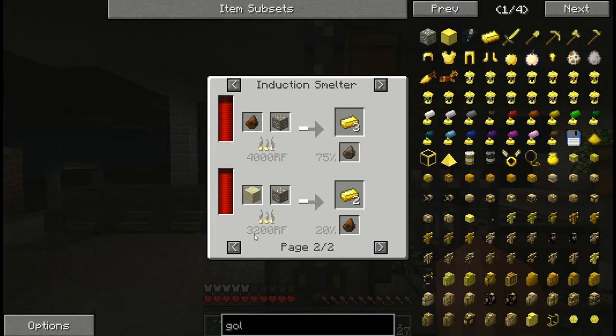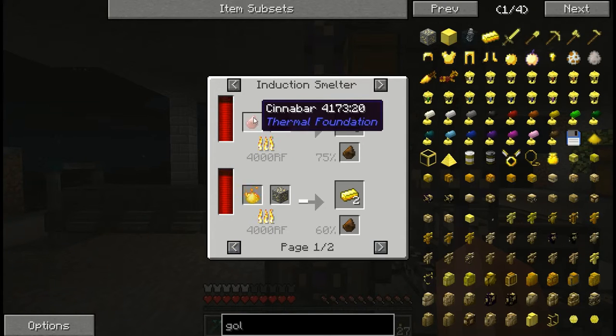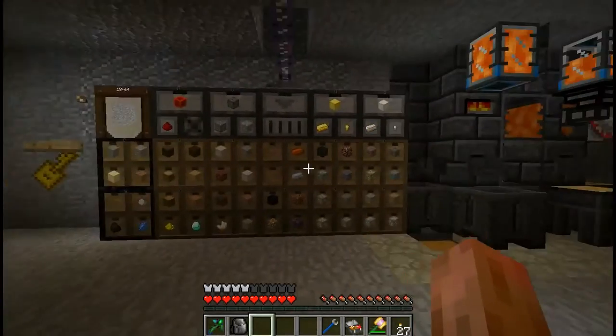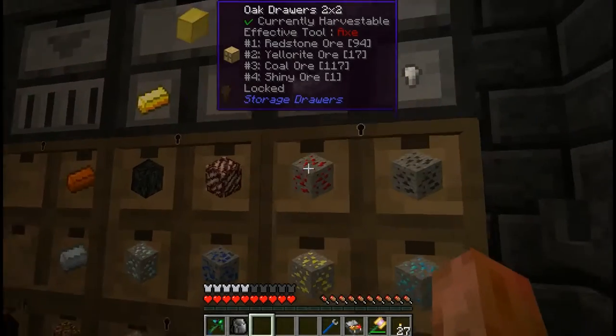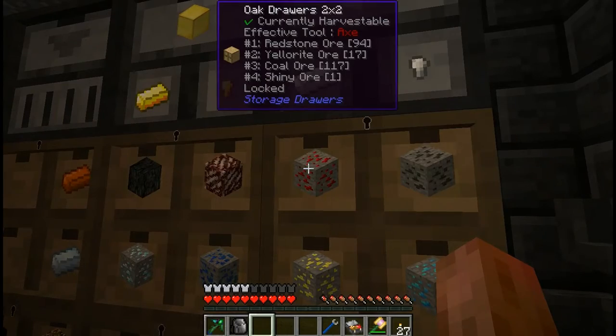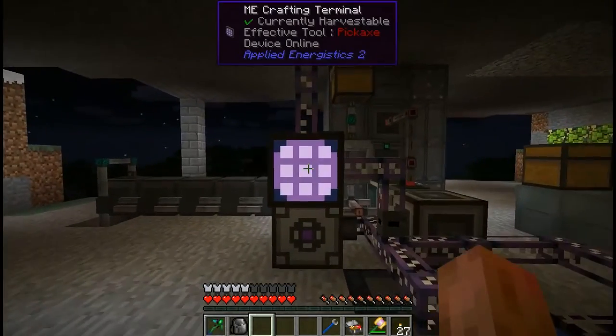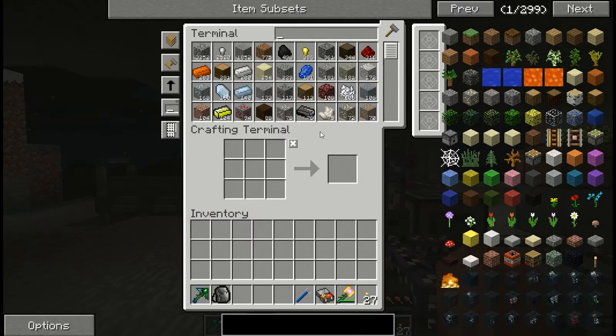So now where do we get this cinnabar stuff? Well, there's actually a nice easy way to do that. We can get it in the pulverizer out of redstone ore. Now, normally that would be a problem because when you break redstone ore, you get redstone. But since we've got a Silk Touch hammer, we've been getting a whole bunch of redstone ore. So there you go. Now we just need a pulverizer and an induction smelter. Time to get into